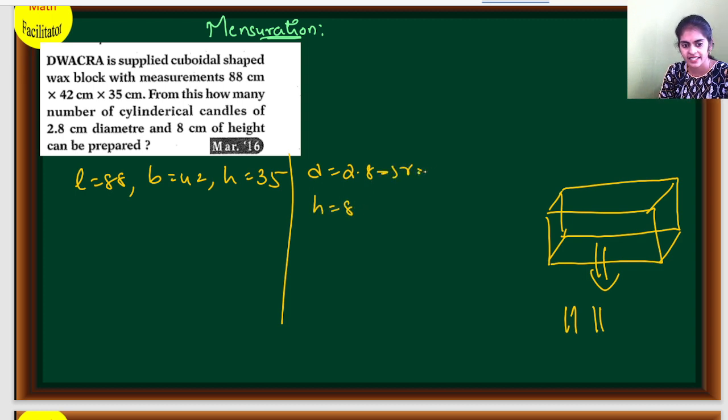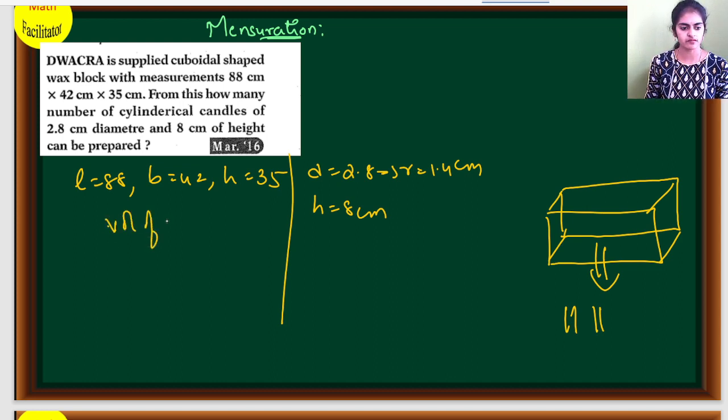Diameter 2.8 means radius is half of the diameter, 1.4. All these are in centimeters, I'm not writing the units. So one shape, a cuboidal shape, is converted into cylindrical shape. Always remember, when one shape is converted to another shape, the volume remains constant. Which means here we can write volume of cuboid